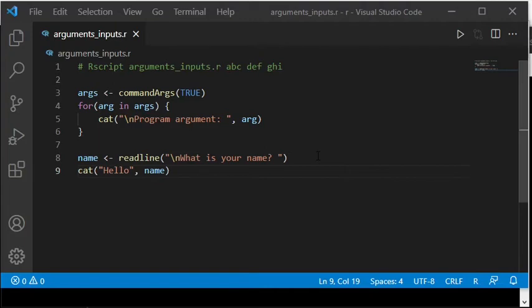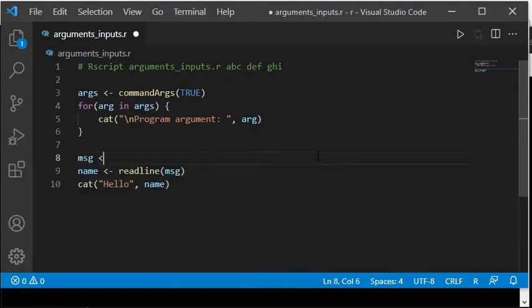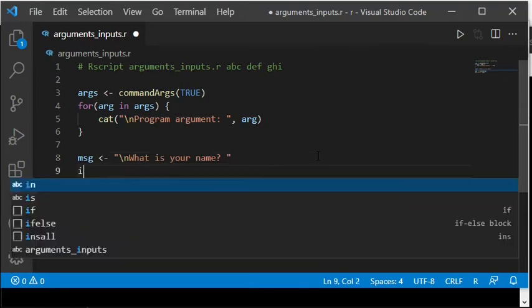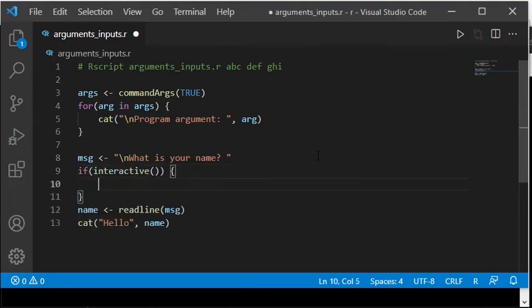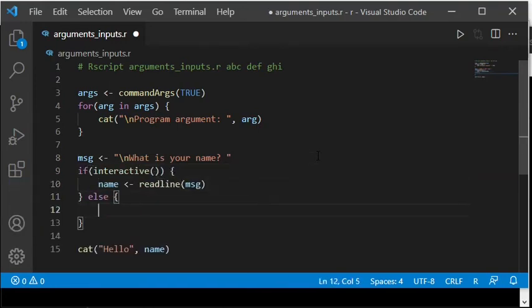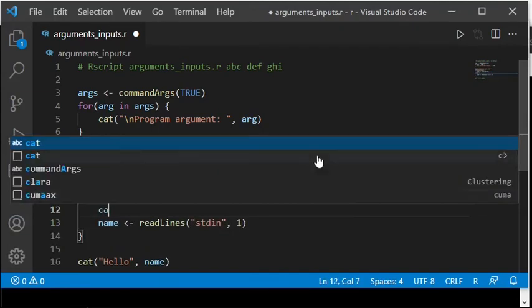First, I put the message string "What is your name?" into a variable msg to avoid duplication in the if and else statements that I will soon implement. Then I call the function readline only if interactive returns true, and otherwise the function readlines is called instead.